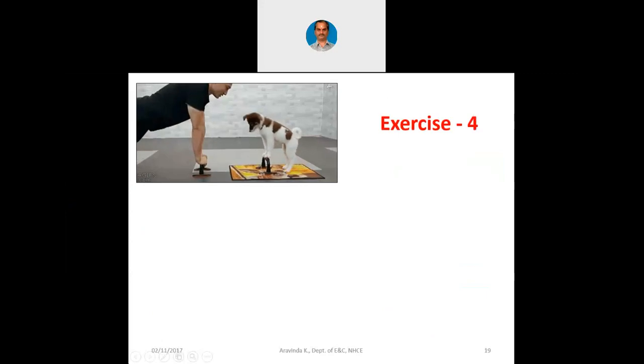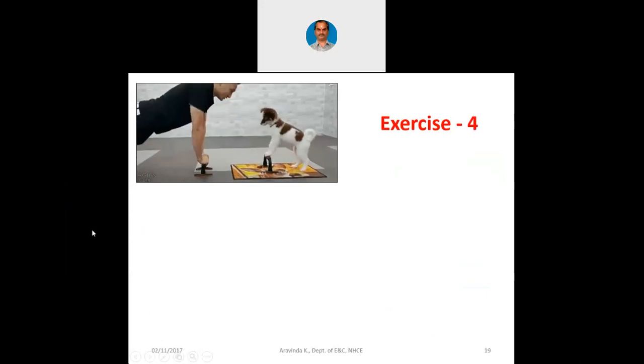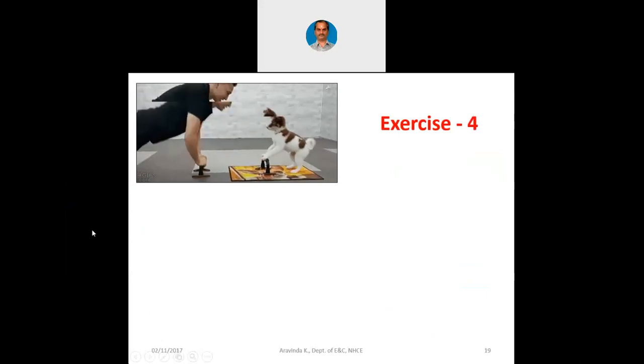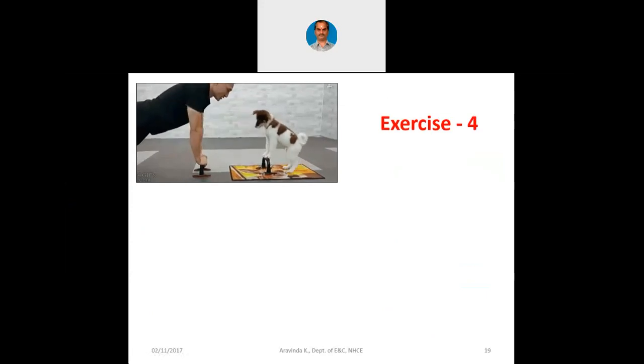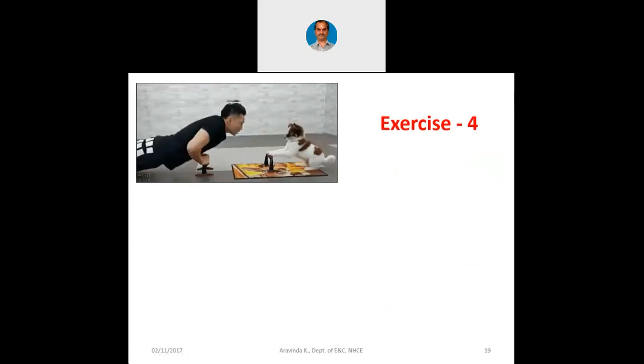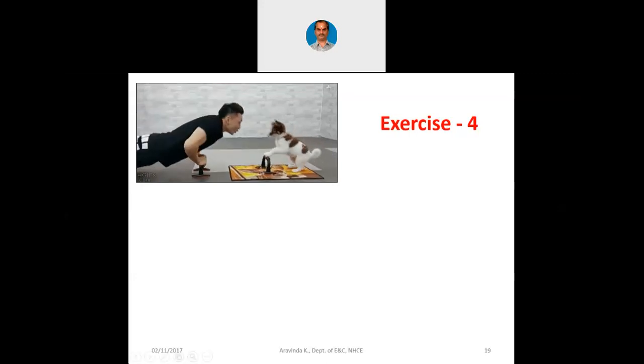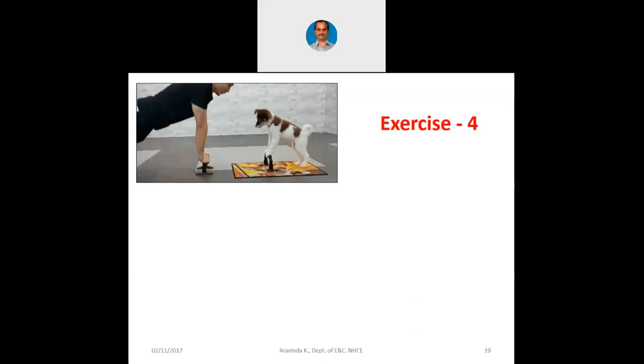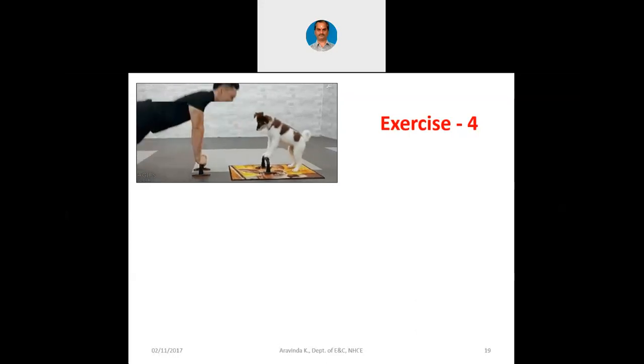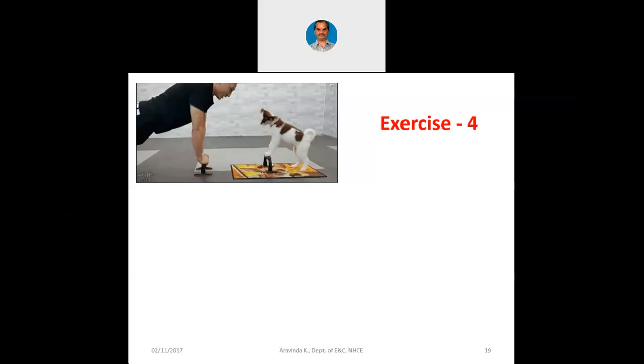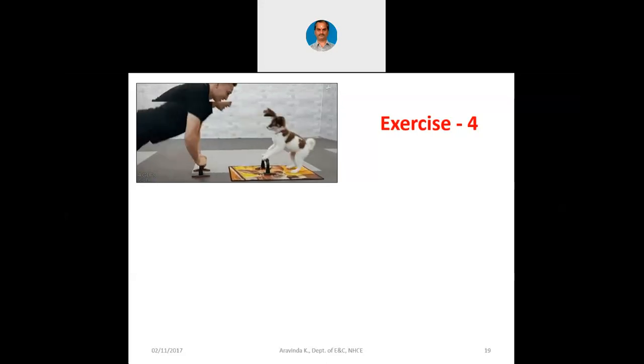Let us have an exercise. I have been showing you different funny or humorous slides only to have some enthusiasm, nothing else. I have been showing you different types of exercises earlier. Now you see a particular GIF which I am showing to you. There, the aspirant is exercising, and along with him the pet dog is also exercising. It is such a beautiful inspiration actually.